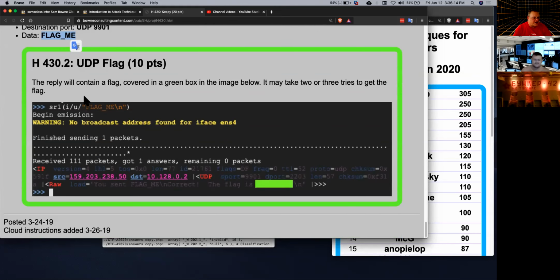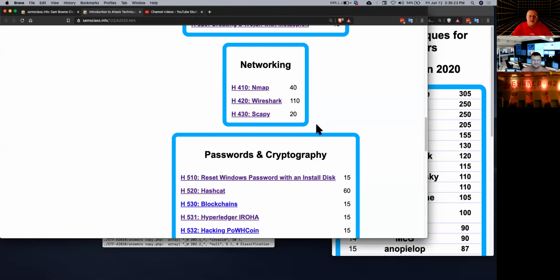So you can just practice making a couple of custom packets, but Scapy is awesome and it's incredibly easy to use. It's all based on Python. Anyway, all right. So that's the networking section. And I'm just going to stop recording and